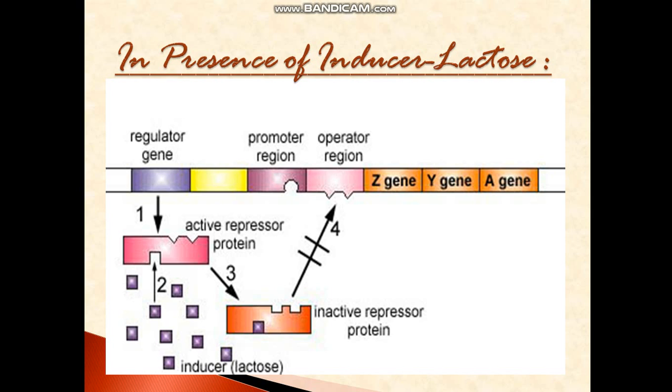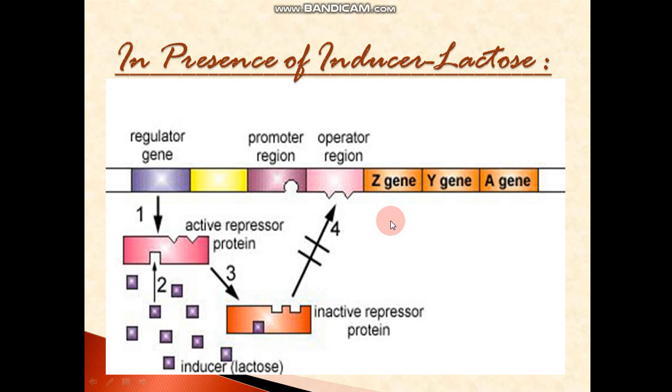So now what will happen? The RNA polymerase which will go and bind to the promoter can easily slide over the operator and reach the structural genes, and the structural genes will be producing the enzymes. Clear? Clear to all of you? Okay, now these enzymes, try to understand these enzymes. What were these enzymes? The first enzyme was beta galactosidase, which was responsible for breaking down the lactose. You understand?